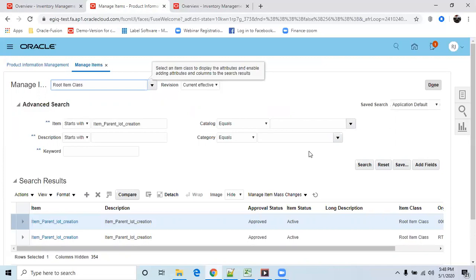It is very simple. We call it put away. It is a process. We run the process, and the item goes to the location which you have put in the receipt. No, we are not talking about receipt here because we have not started purchasing yet. Understanding lot creation also. We'll use it. It is very simple.